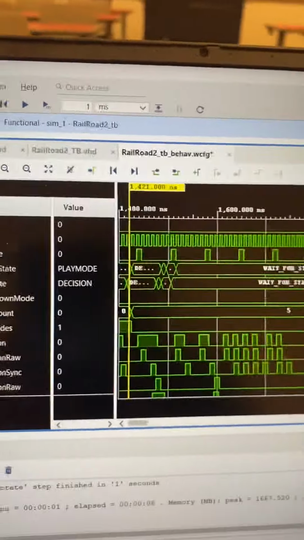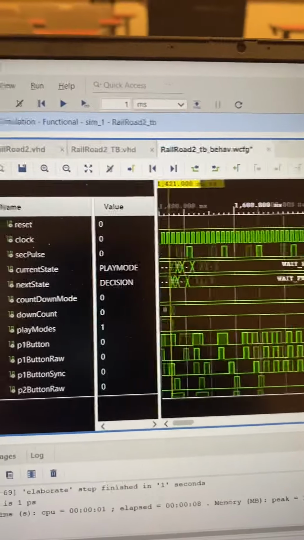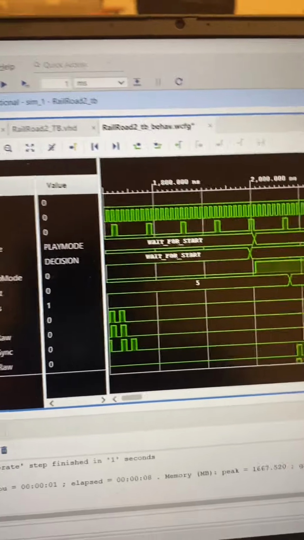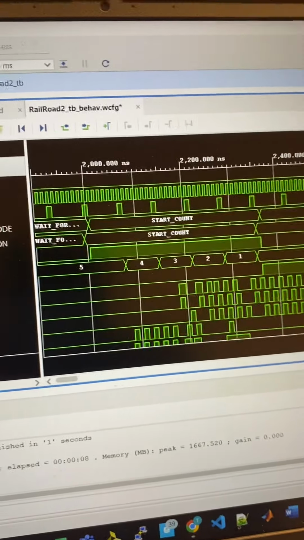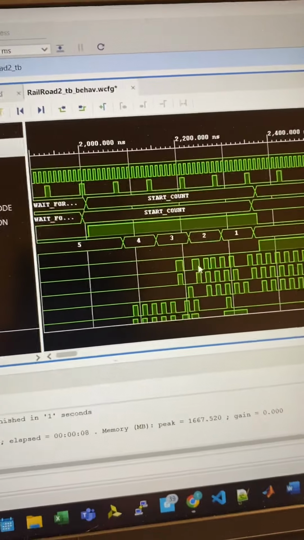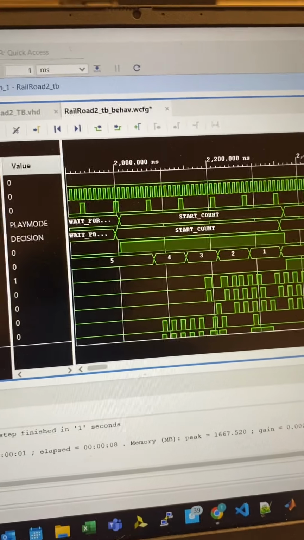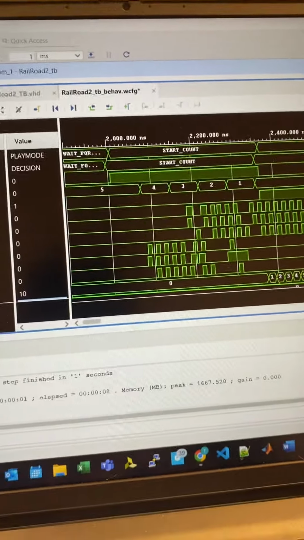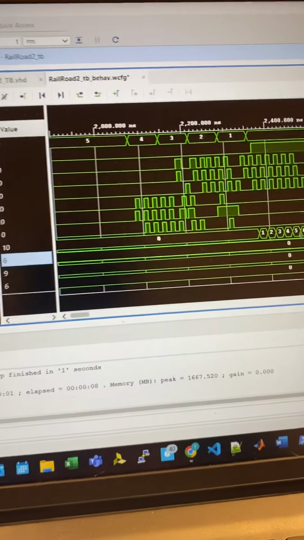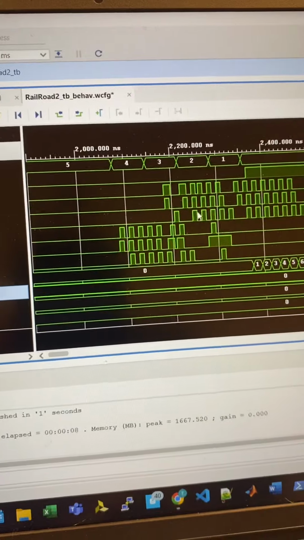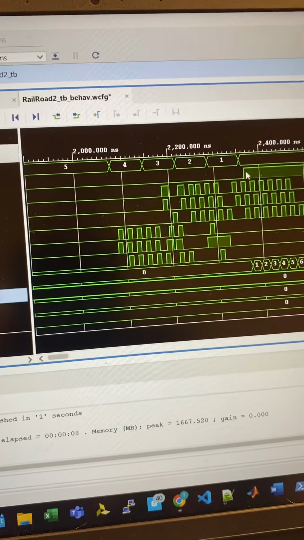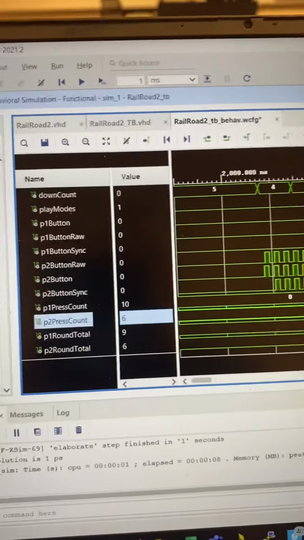Here's the state machine, and this just kind of shows as we go through the process. We have a wait for start, the start button's pressed, there's another down count. Here we're counting down, but we're also pushing buttons at the same time. So let's see what happens. They should not count those button presses. And down here in press count, you can see it is not counting any of these button presses until the countdown mode ends,